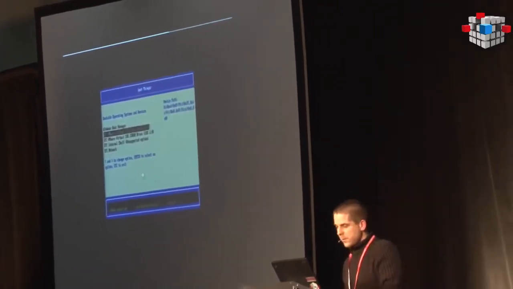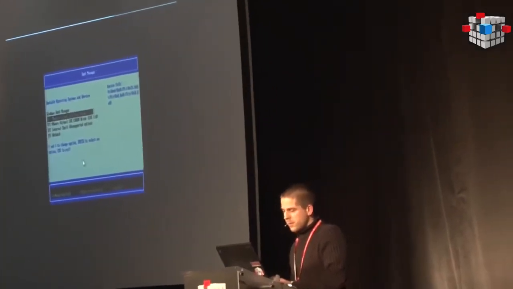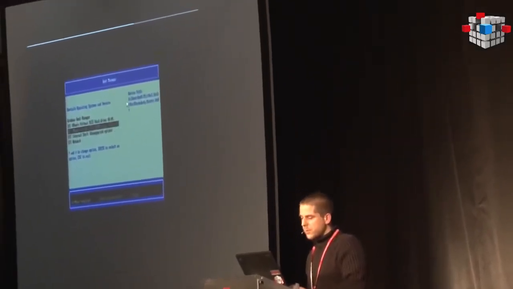Resolution is quite low. It's a UEFI shell. In this case, I'm booting from the ISO.